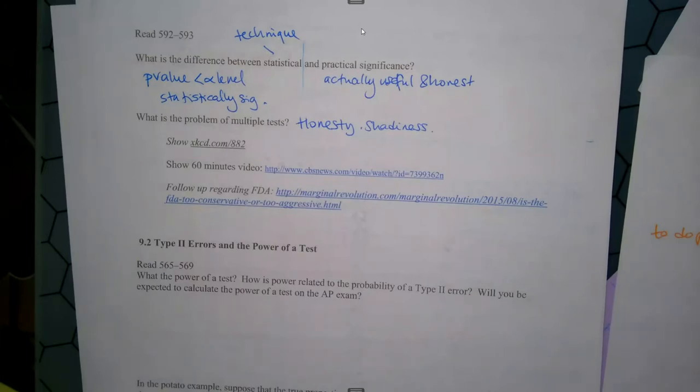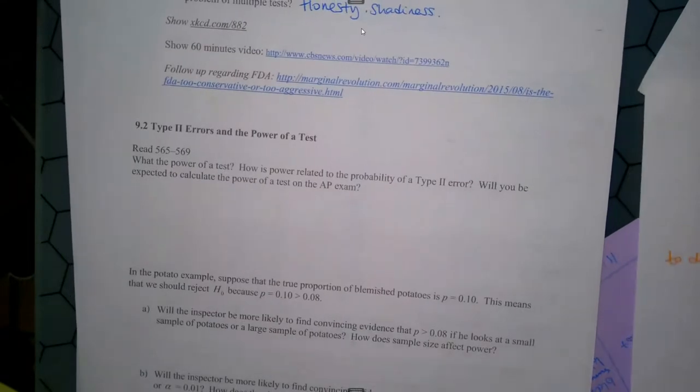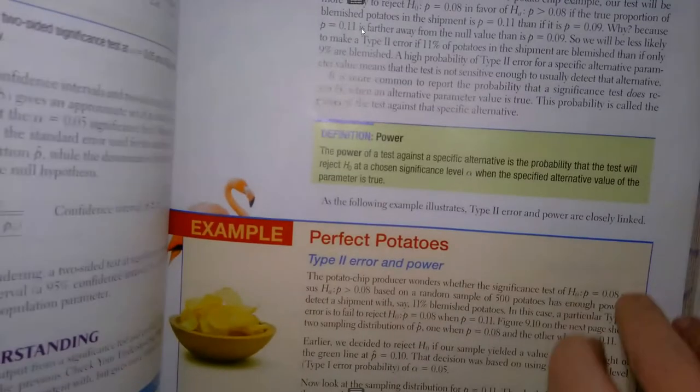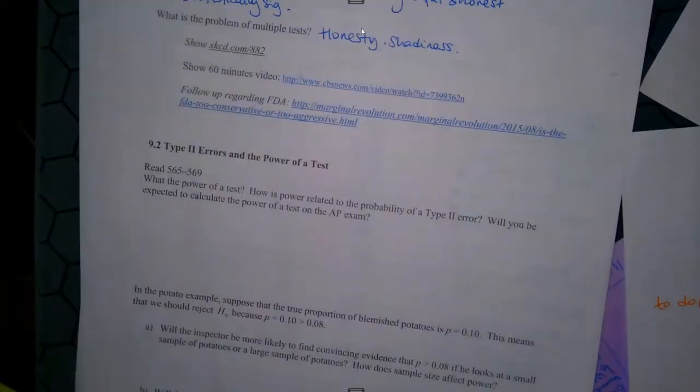Okay. Next up, we're talking about type 1, type 2 errors. And then heads up, guys, we're working with this potato chip example that's on page 565. So I'm going to walk you through this data set and explain what these graphs on the next page are about. I'm really sorry, I tried to find a really cool app to model this for us, but it's not working right now. So the idea of power